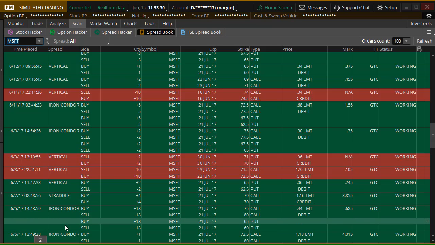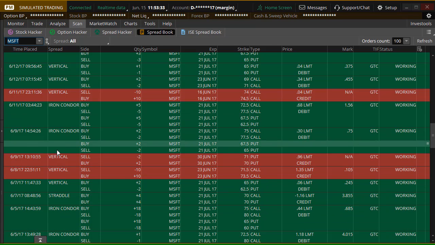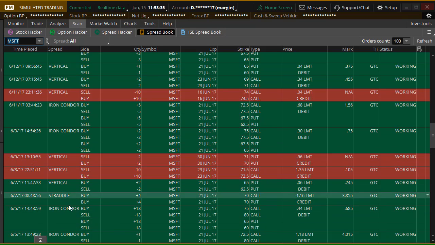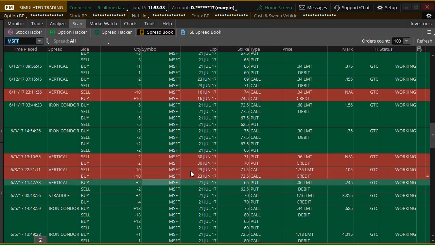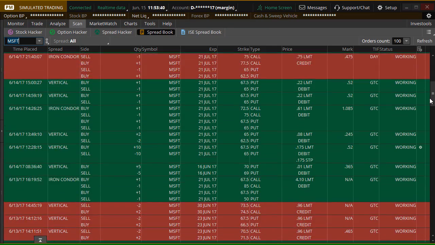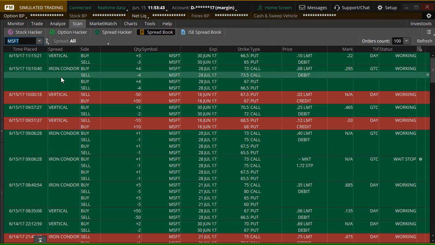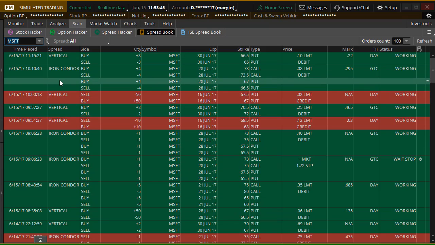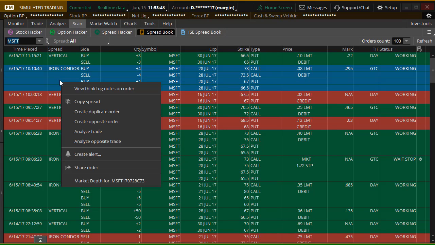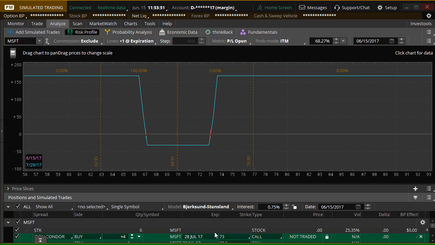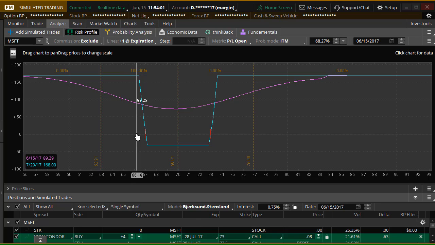So you can look at these and say, well, what are they doing? And then you can look and try and figure out why they're doing it. Why they would want to be working for something like that. So let's look at this iron condor. It's a 4 contract iron condor. Let's right click on it and analyze it. Okay, so in this iron condor, you can see what they're looking for here is the stock to stay